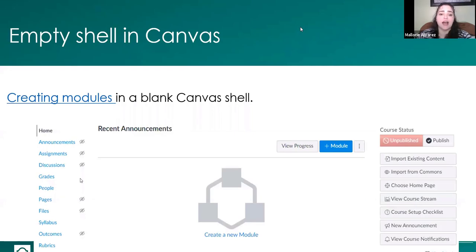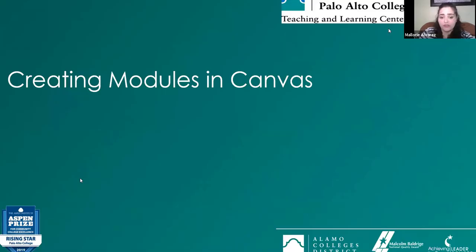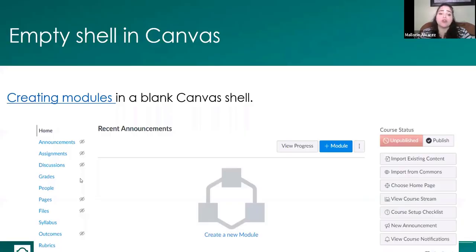So what I did was I created a short video on how you can insert modules into a Canvas. In this video, I'm giving direction on creating modules in a blank Canvas shell. So this is an image of what a blank Canvas shell looks like. It has nothing in there, absolutely nothing. If you do not plan on importing anything into this Canvas course, I would recommend following these steps to start